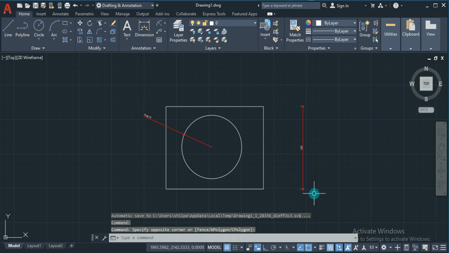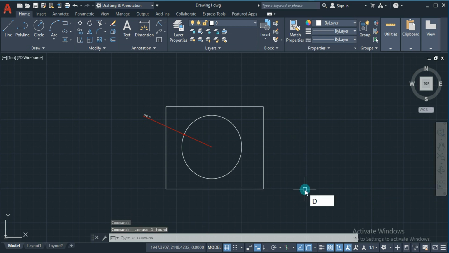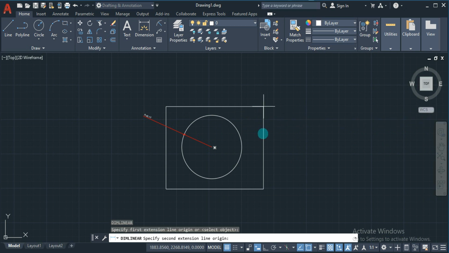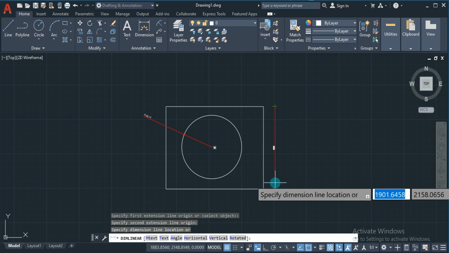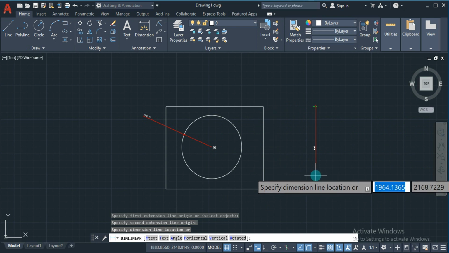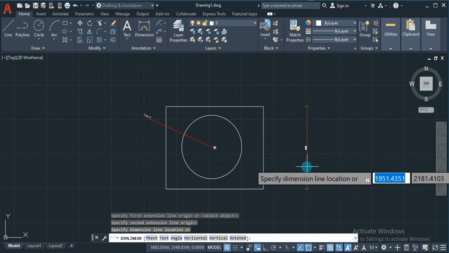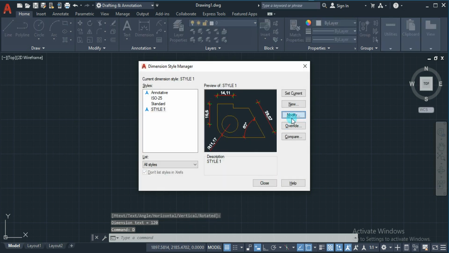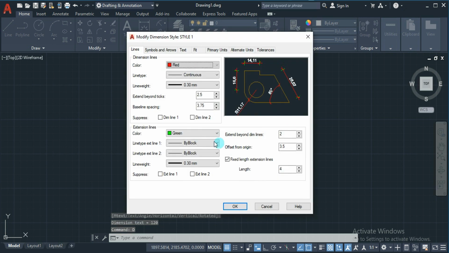Again, I'm going to delete this one, select and delete, DIMLIN, enter. Let it be first point and second point. You can see that the gap has been provided on the screen, like we can adjust graphically on the screen, but the extension line distance has been fixed. This is one provision. In whatever way you want to apply, you can make the adjustments accordingly. So I'm going to remove this one. Hope you understood this, right?